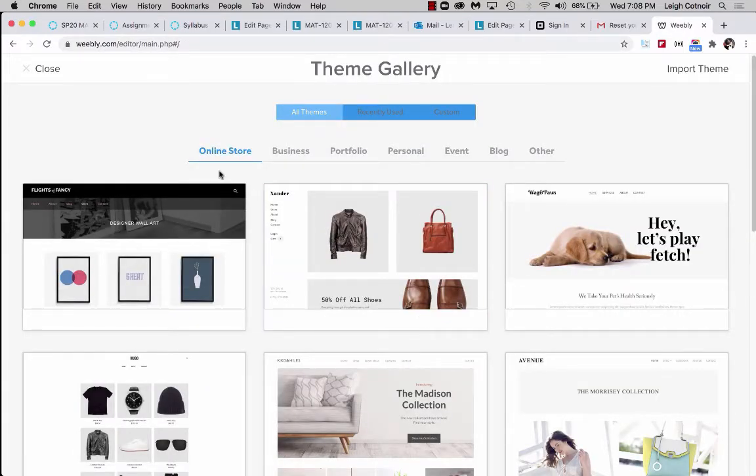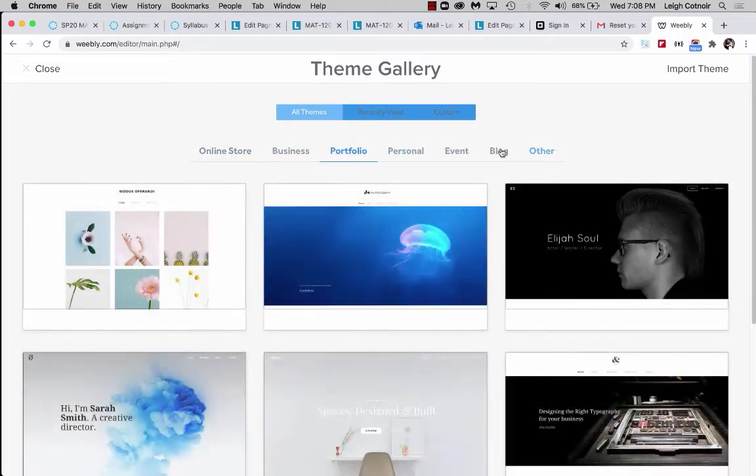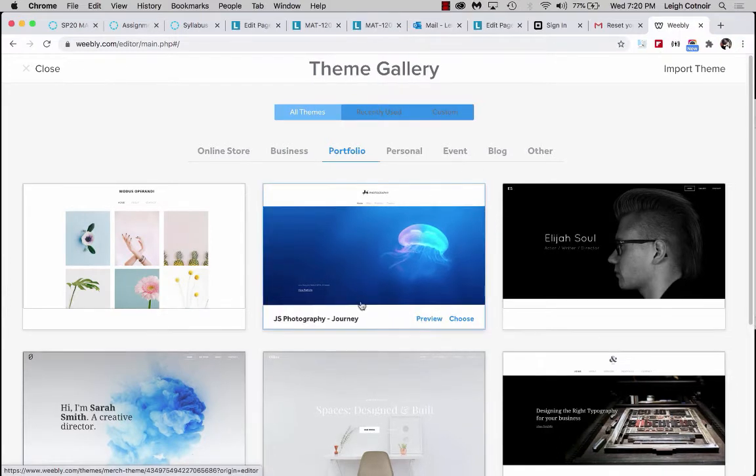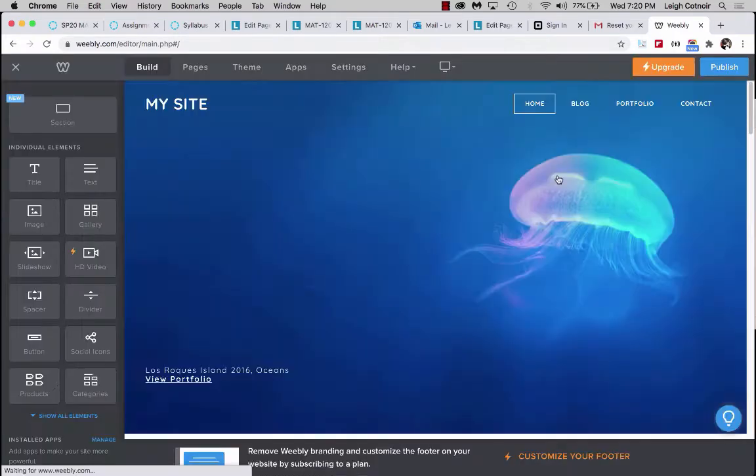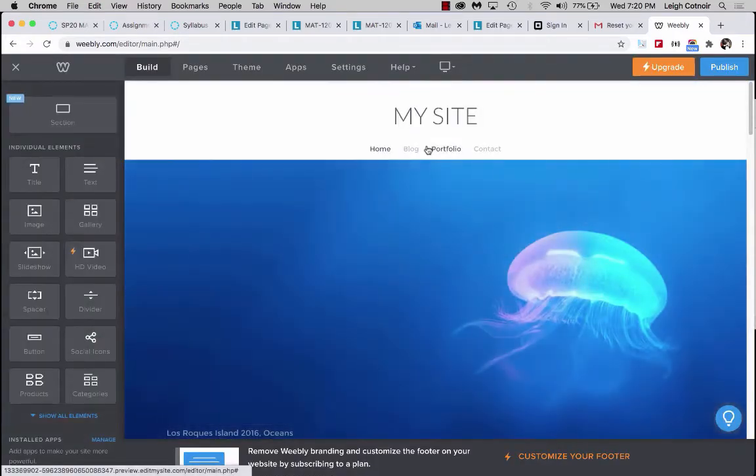Yours might look a little bit different just because I've already chosen a theme once. But it shows you some different options for themes. And I don't want an online store. I want to choose portfolio. You could look at all these other ones too and kind of play around. But just for the simplicity of kind of getting through what we're doing, we're going to just start here with portfolio. And I'm just going to go ahead and choose this one. If you wanted to preview it, you could click on preview. If that's not available, you can also select it and you can preview the theme and so on. So I'm just going to go ahead and say choose theme,